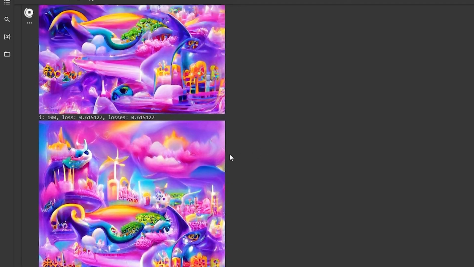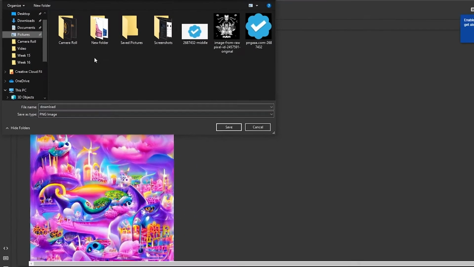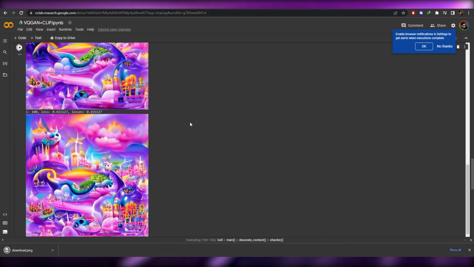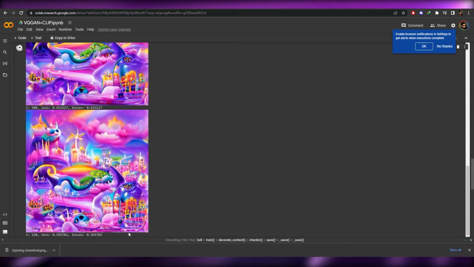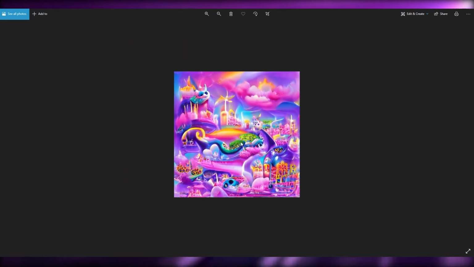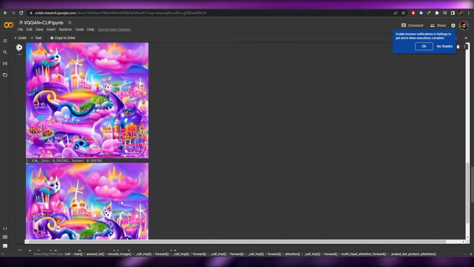So once you have your desired image, just simply right click and save image as, and then just save them on your computer, and then you are good to go. So that's pretty much it. So as you can see over here, if I open this up, 500 by 500, this is how it looks. And as I said before, you can go ahead and increase the resolution of these images